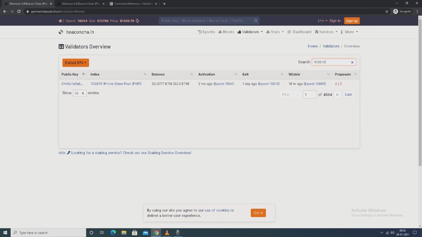So it's withdrawable, but on the server side with the rocket pool minipool withdraw command, it's not working. Since it's a testnet, they are testing many things.